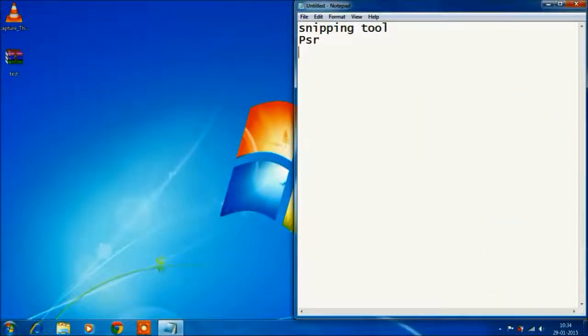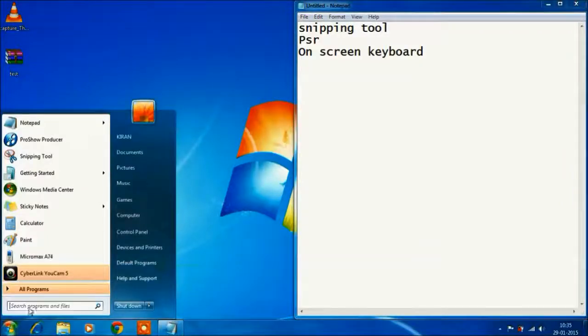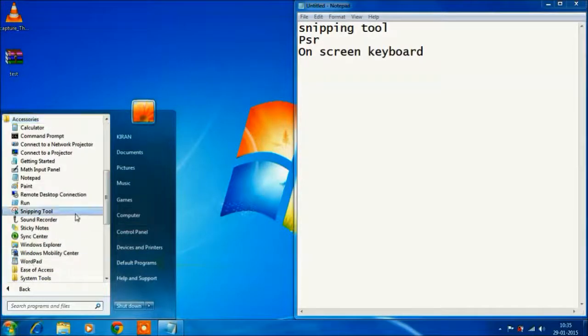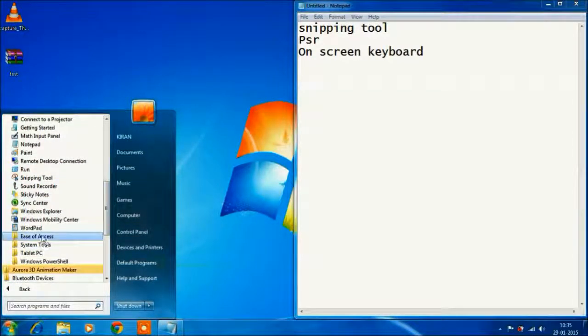After this we have another tool called the on-screen keyboard. So here you go. To get the on-screen keyboard, you just need to go to all programs, accessories, and then ease of access.